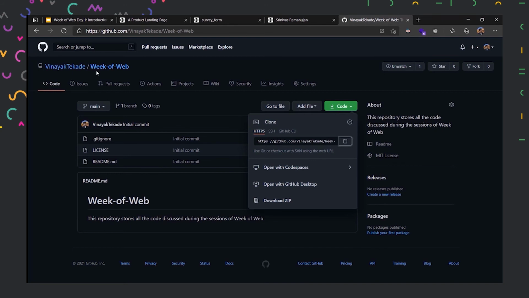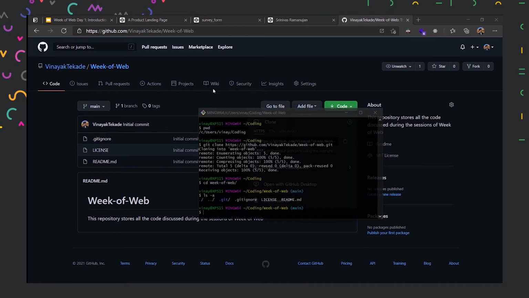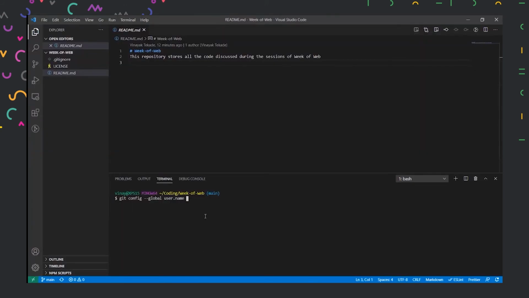So if I type this, it will store my username. If I switch to VS Code, I can type Vinayak Tekade like this, and it will store my username. Similarly, we can store our user email as well. I can just copy the above line using the arrow keys, we can switch through all the commands we use. Our history is present here.